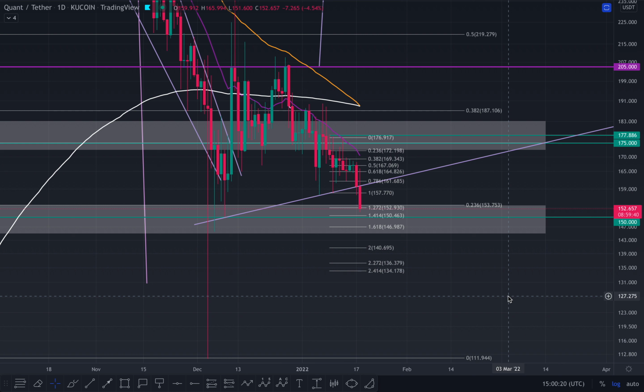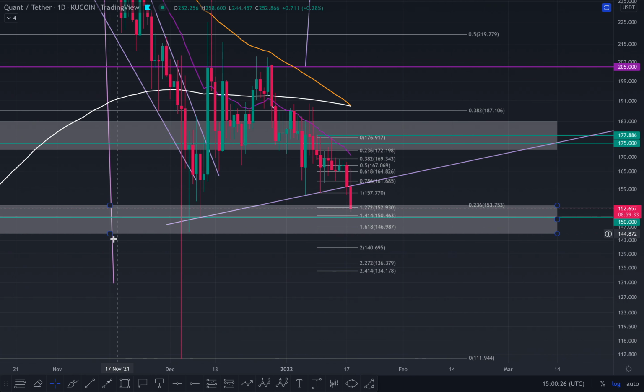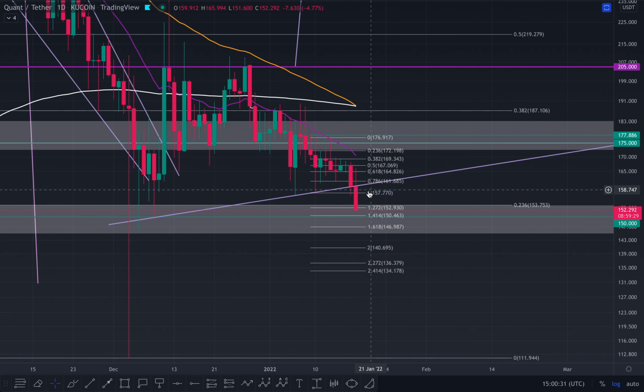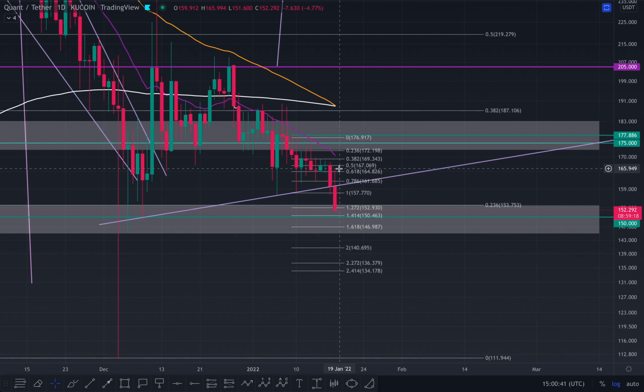I hope you're well. Today we'll be looking at Quant first of all on the daily time frame and we'll go from there. What I can see is that we have fallen out of this ascending triangle. We've lost the ascending support and you can see it flipped down to resistance with huge wicks to the upside, basically telling us that we were up here inside of the ascending triangle, but we didn't want to stay in and now we've closed down outside.